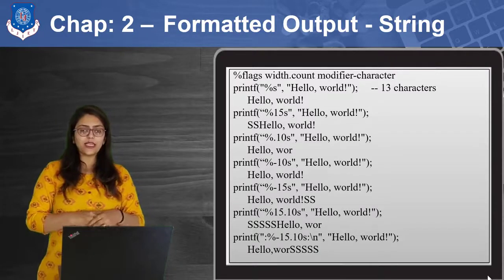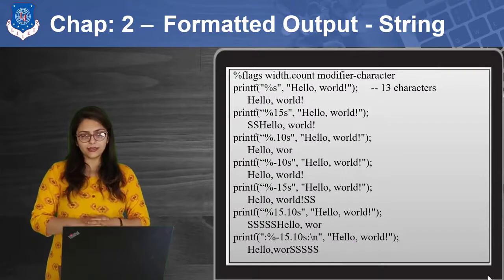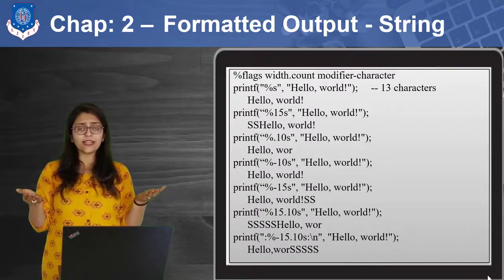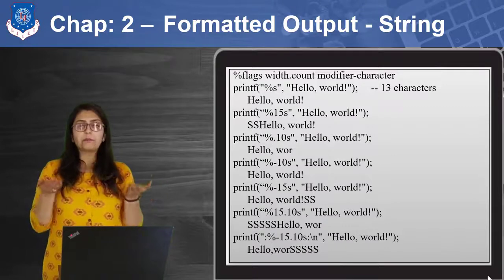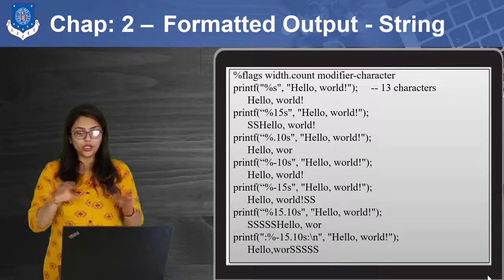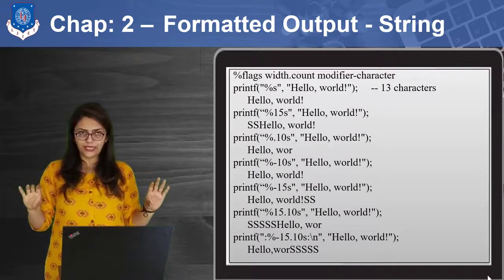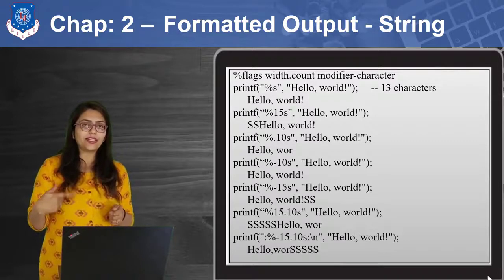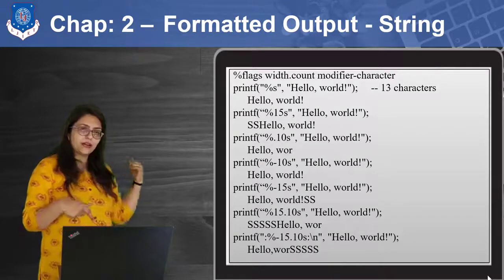Then after that you can see 15.10s. That means the size allocated is 15, it can hold up to 15 characters, but among them I just want to print 10. By default I have not used any flag, so by default it will be right justified.